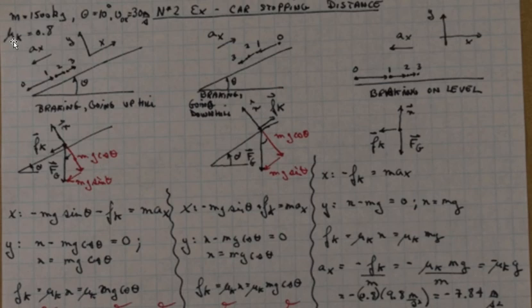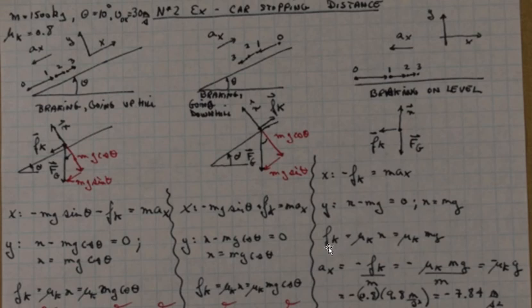And the kinetic friction, which is appropriate here because the car is moving in all these three scenarios while it's stopping, is rubber on road, which is 0.8. So for the level scenario, we have an x component of Newton number 2, which says that F minus F sub k, that's the frictional kinetic force, is equal to the mass of the car times the acceleration in the x direction. The y equation says that n equals mg,